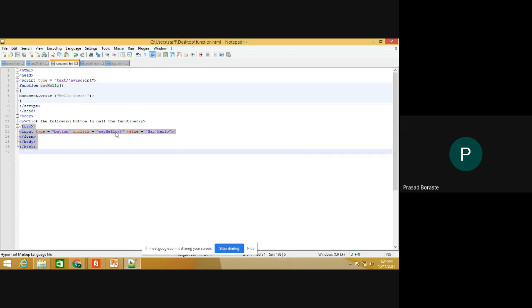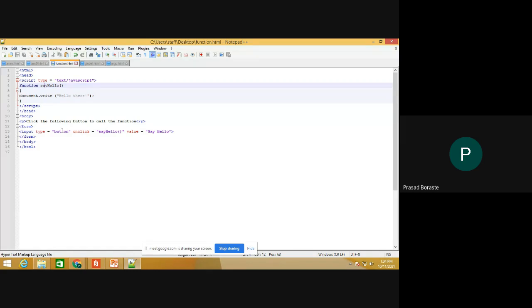From this HTML, you are calling your function. So this is calling a function from HTML. On clicking the button, it will call the function say hello and it will be printed. This is a simple function.